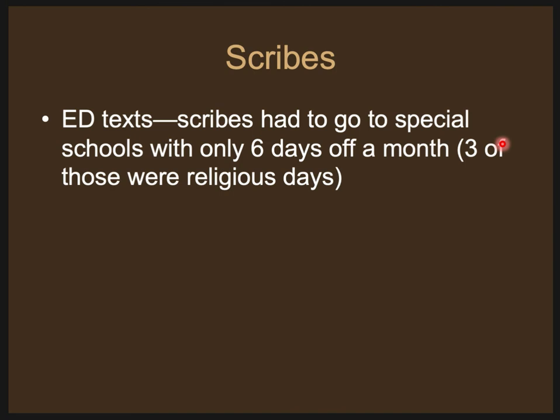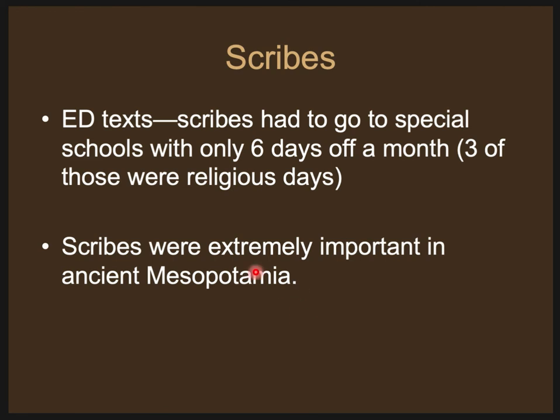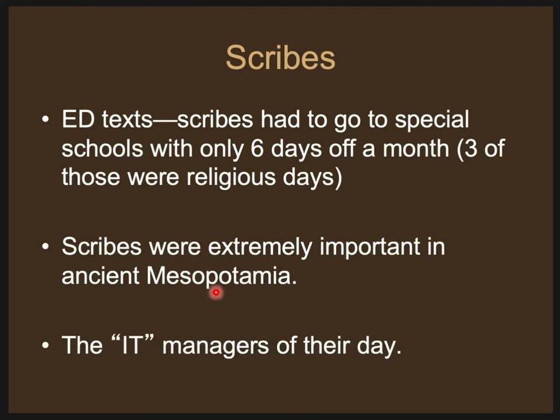Okay, so we know from some of these texts, as we'll see later on, we actually have descriptions from cuneiform tablets of what it was like to be a student in school. Students had to go to a special school. They only had 6 days off a month. 3 of those were religious holidays. But these scribes were very, very important in ancient Mesopotamia, right? Because again,